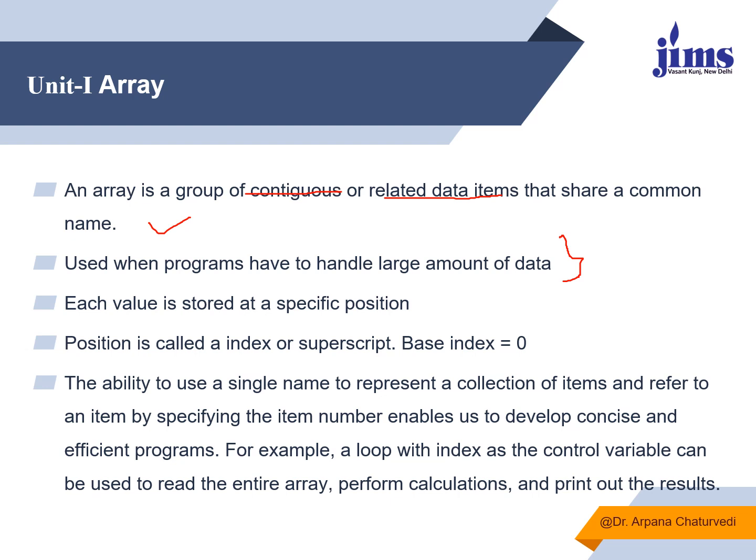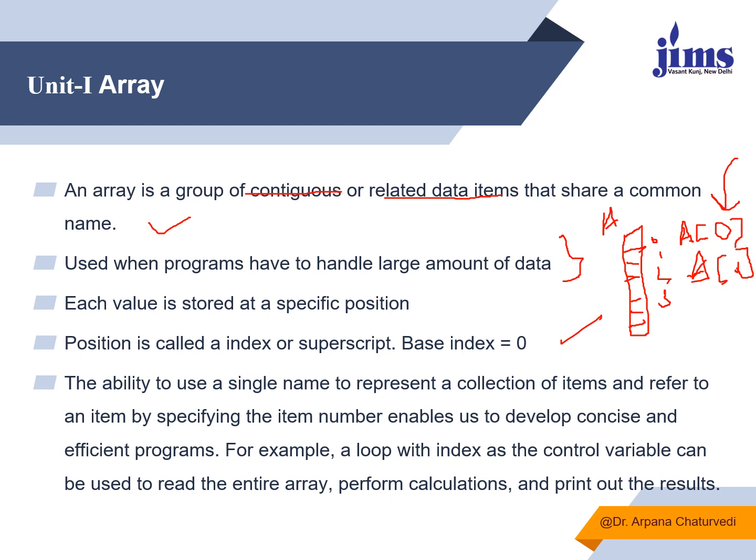Each value is stored in a different position. Like if this is an array, in individual positions data will get stored. So this position is 0, this is 1, this is 2, this is 3 onwards, and let's say if the name of an array is A, it will be A[0]. This is a symbol which we use, known as subscript, and within this we write the position or index value. Base index is 0.